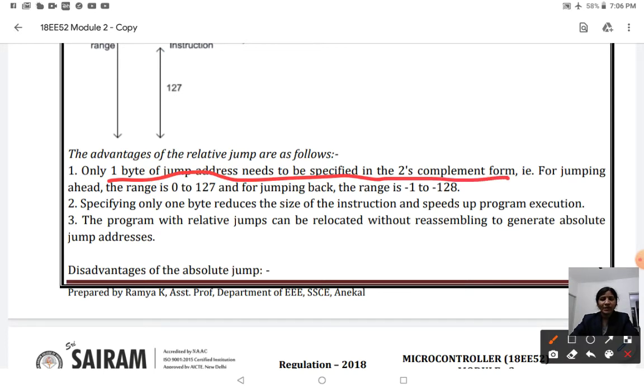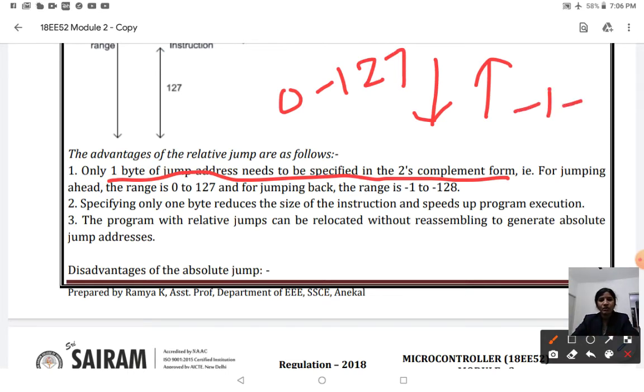For jumping ahead, the range is 0 to 127, or for jumping back, there are two types of jump: forward jump and reverse jump. In a forward jump, the address range is from 0 to 127, whereas in reverse order it is -1 to -128. So if any loop jumps between these two ranges, it is called relative addressing mode.